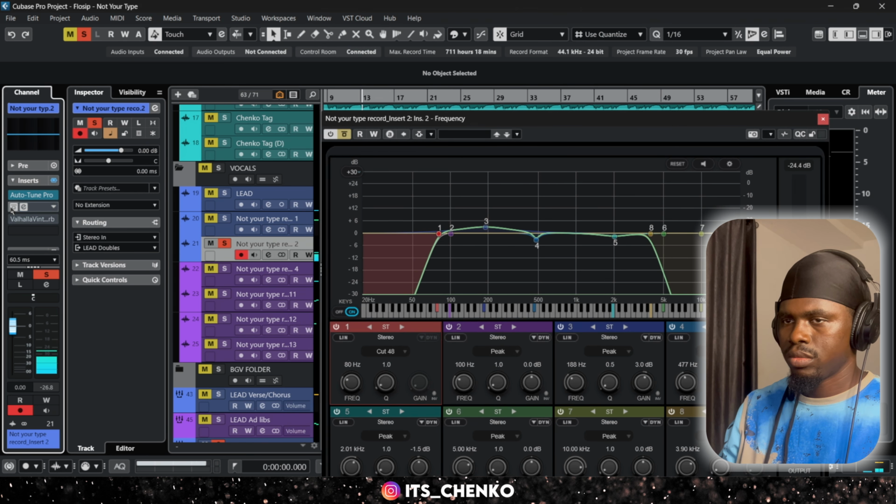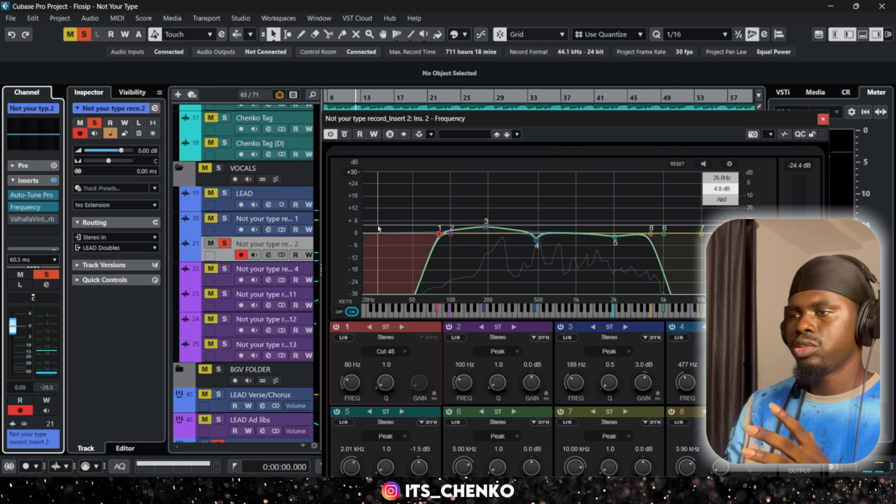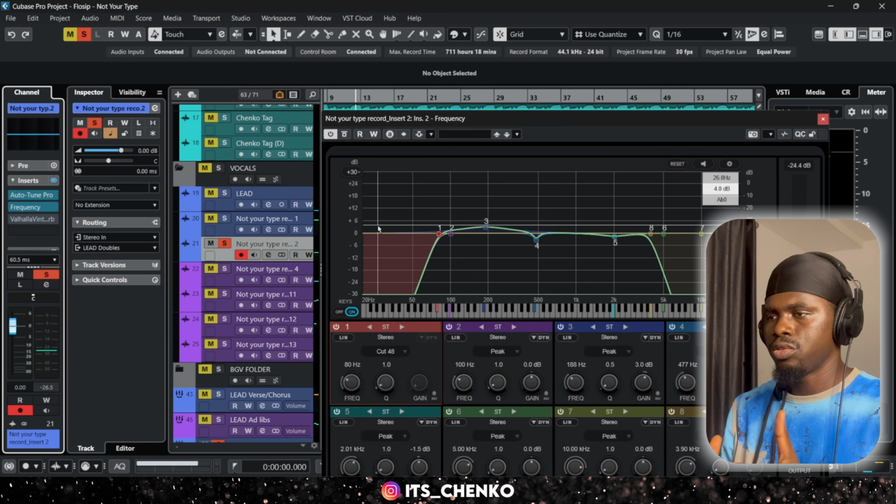I'm not your type. We up all And night with the EQ, to make you right. I'm not your type. so I'm just using this basically to carve the vocals going into the reverb since I